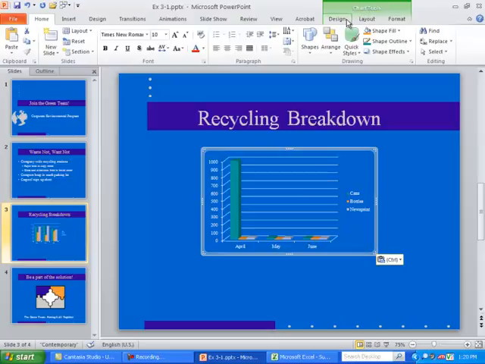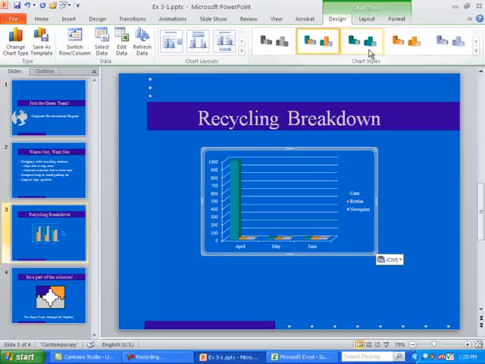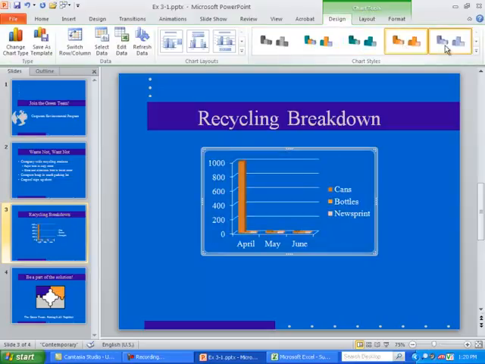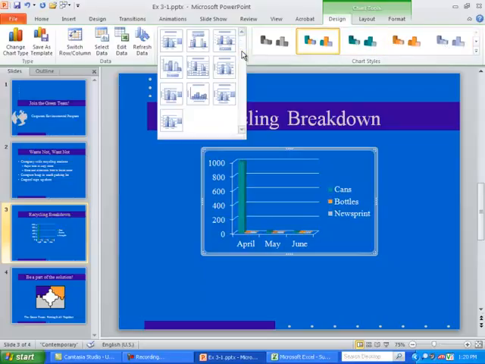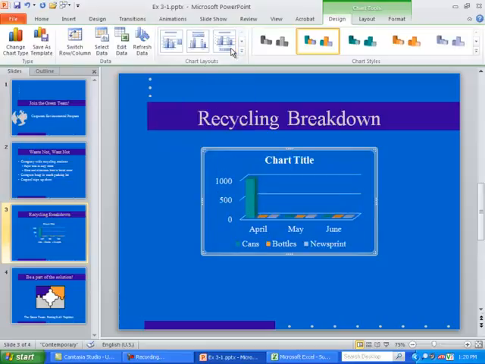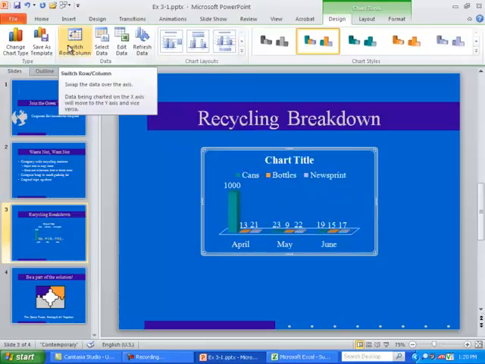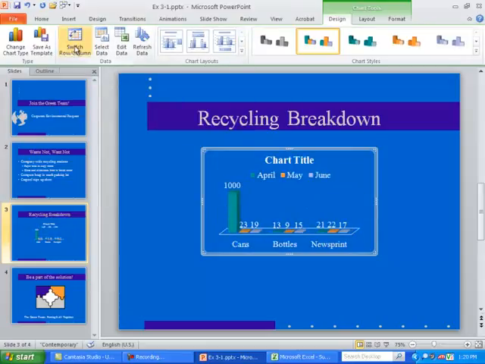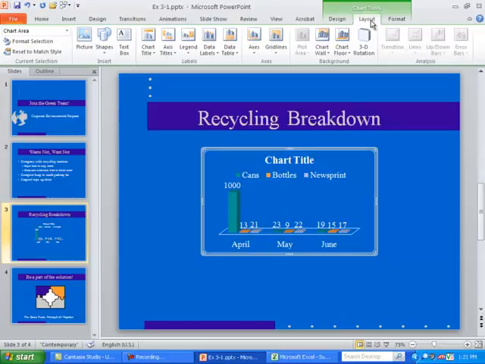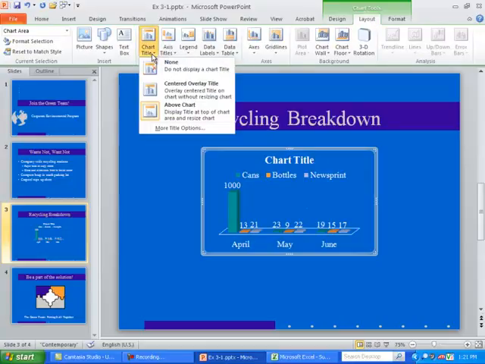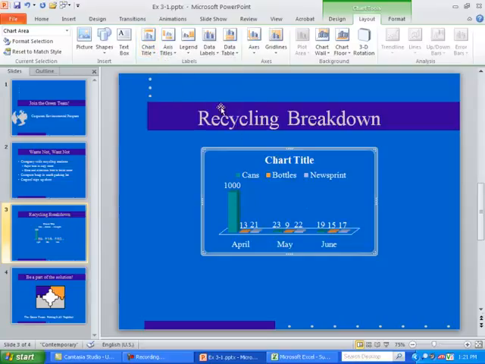Back to the Chart Tools Design tab. Again, you can see those chart styles, so you can work with manipulating the look and feel of that chart. You can work with chart layouts. You could switch the row or column so that you've got your X data switched to Y and Y to X. On the Layout tab of Chart Tools, you can manipulate your chart title if you like,